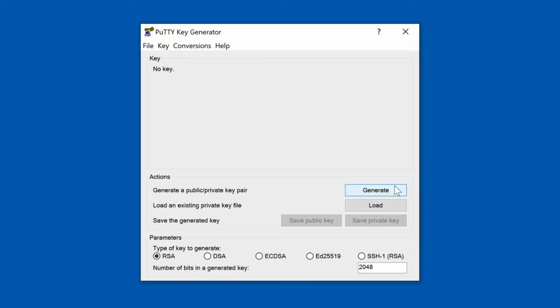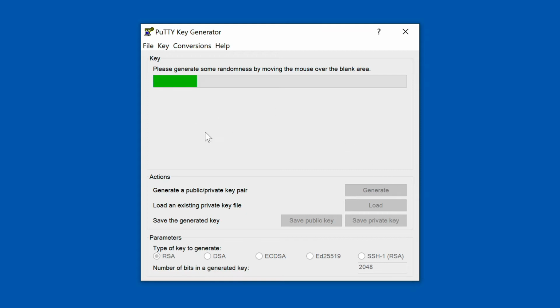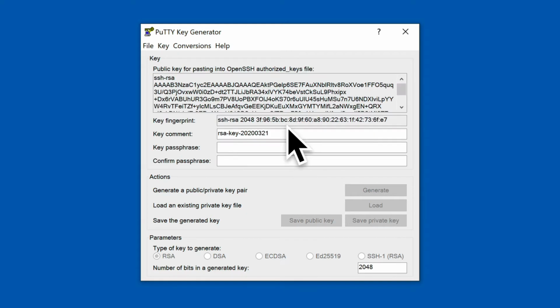And what happens now is that the system expects some randomness, and computers are very bad at generating real randomness rather than pseudo-randomness. So it asks us to actually move the mouse pointer randomly in the window to create and collect some actual randomness. And what you see there then is the output,